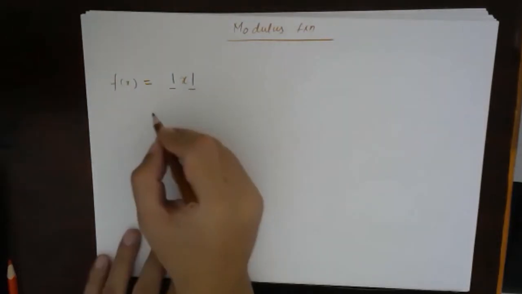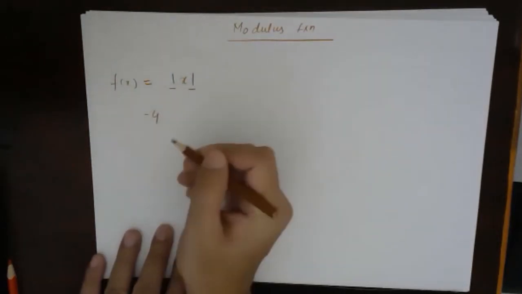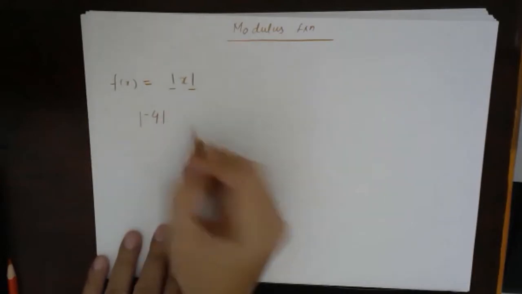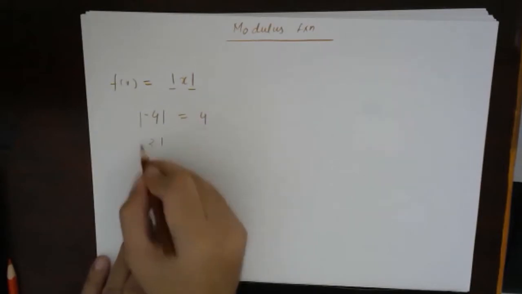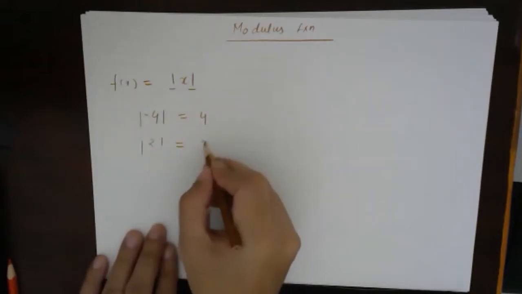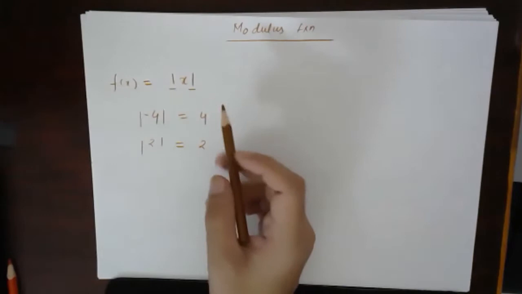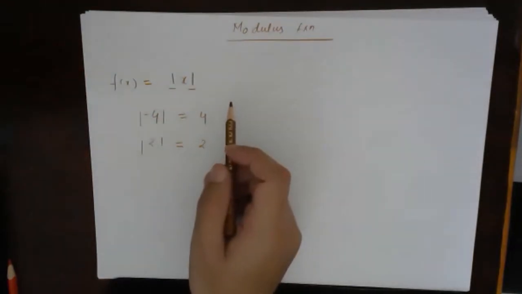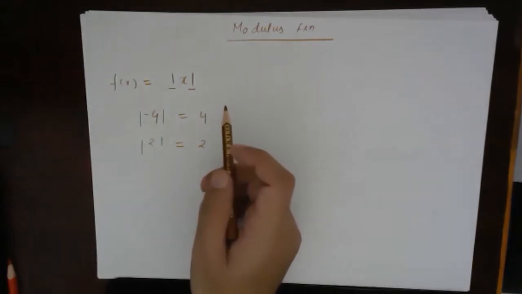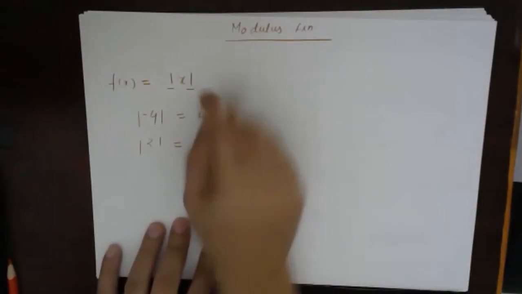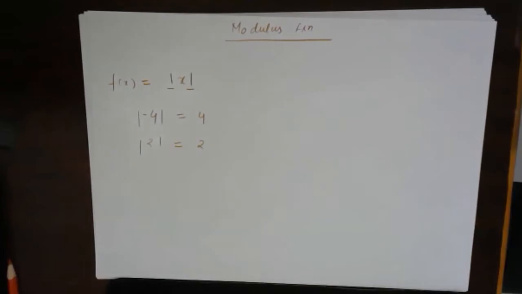So suppose in this x, if I substitute -4, this modulus will make it positive, make it 4. If I substitute 2, the modulus will keep 2 as 2. So modulus will simply remove the negative sign and give you the output as a positive value. So now, whenever we are solving any modulus question,